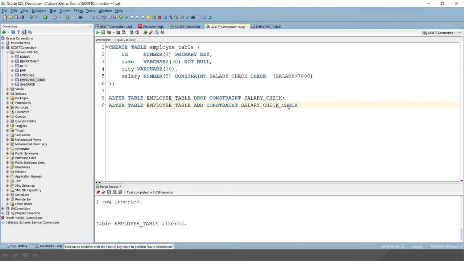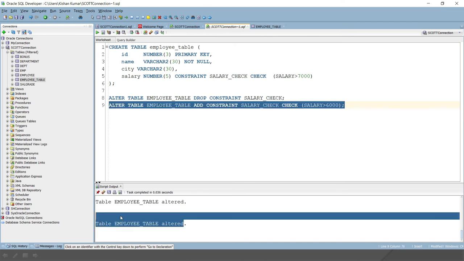Then I will write check and bracket, I'll say salary greater than, let's say I'm writing 6,000, right? If I run this query, then it says that the table has been altered.